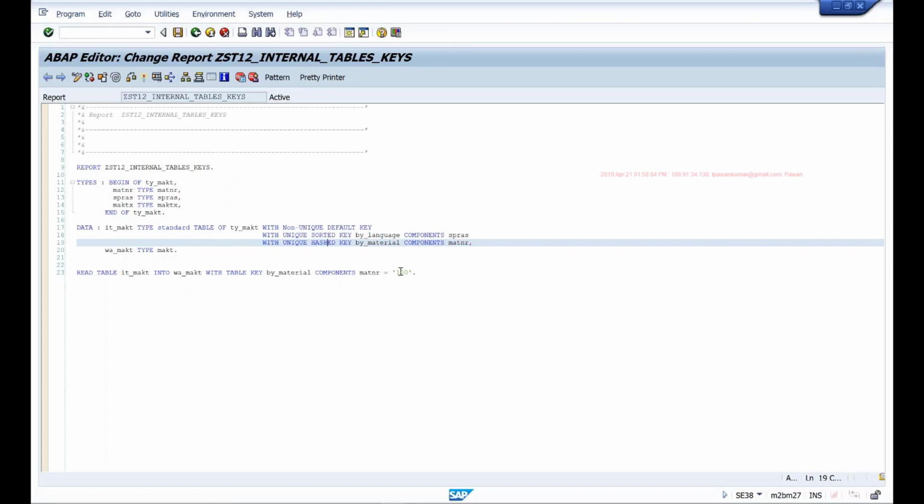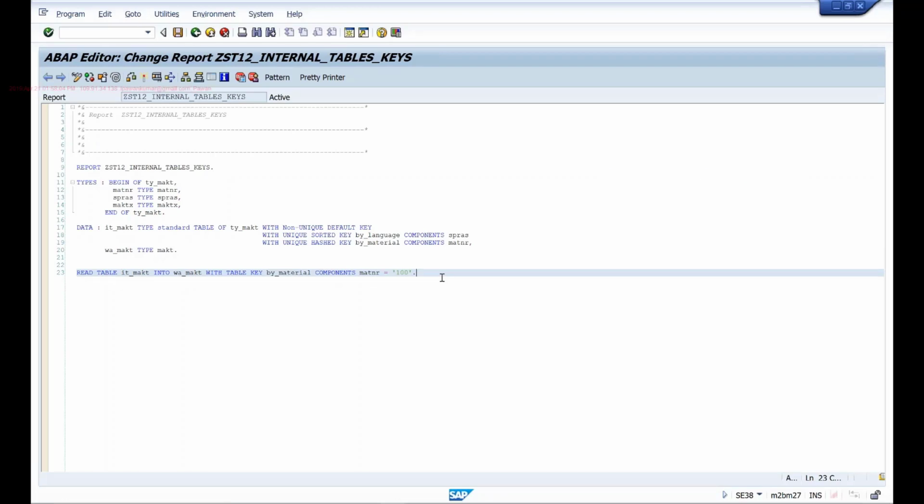I worked on one program that was taking more than an hour to execute, and the users were really complaining that it's taking too long to run, and they wanted me to check if the performance can be improved. The original programmer who had written the code was using linear search for every table.